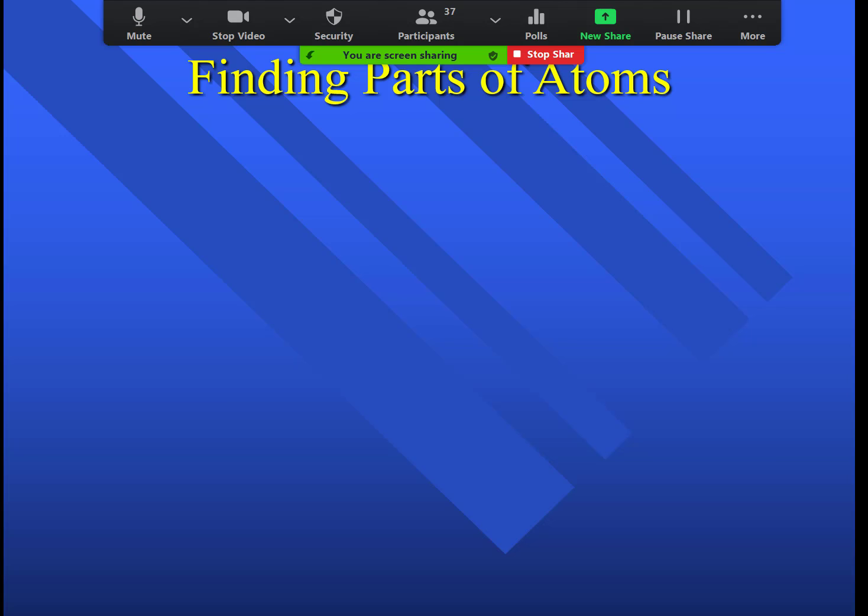So Dalton didn't know much about atoms. Think about what he used to figure out that there were atoms. All he used was the weight of elements and compounds. The only way he could explain why compounds always got the same ratio of elements, and why, if you had two compounds, the ratio in one compared to the ratio in the other was a whole number ratio, was that there were little tiny indivisible pieces called atoms. Not invisible, indivisible. They couldn't be cut. And if you can't cut them, there's nothing smaller.